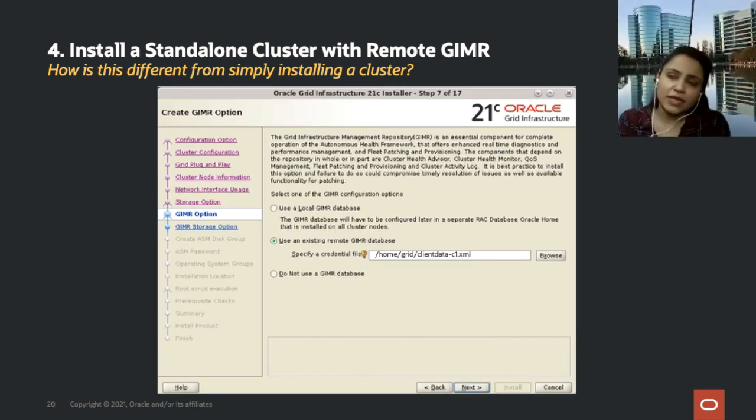Yes, when you are selecting the standard cluster with remote GIMR, you have to pick up this credential file as part of the remote GIMR setup in the create GIMR option string. There you have to browse and pick up this client data file so that the installer can use it for the